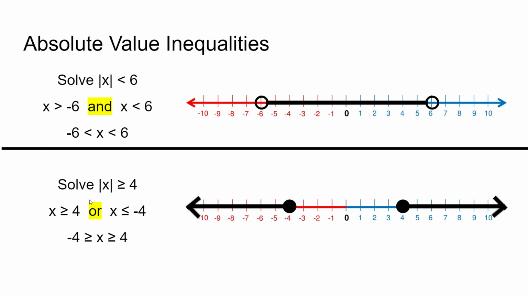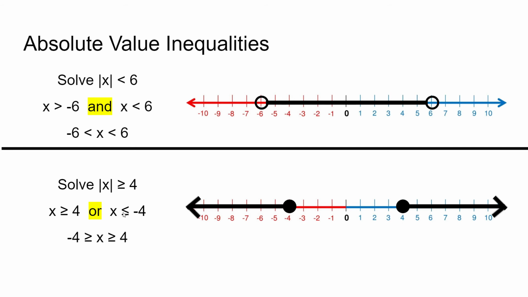Solving absolute value inequalities is similar to solving absolute value equations, but when we split it into two, and we make the right side negative, we must also flip the sign. So as you can see, when we split it into 4 and negative 4, we have to flip the sign